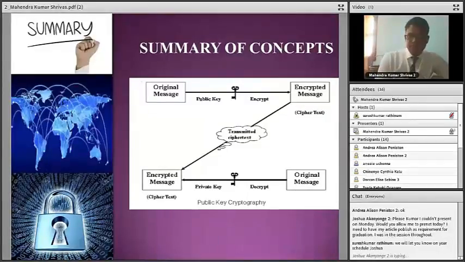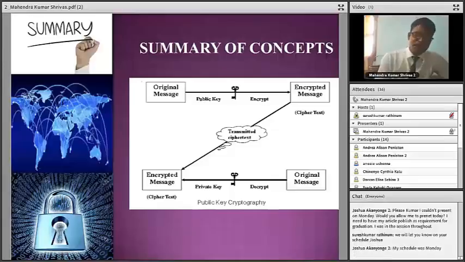And then we have public key and private key cryptography. So there are two different keys used in the encryption process and the decryption process. As you can see there, we have the original message, and we have certain keys we use to encrypt it, right? After that the encrypted message is called ciphertext, right? We send this through the network, and at the receiving end, that encrypted message is decrypted using a different private key.